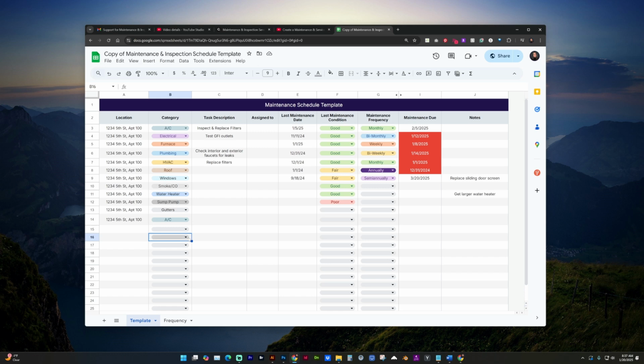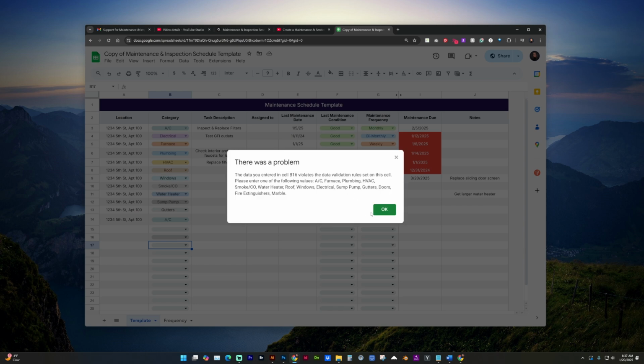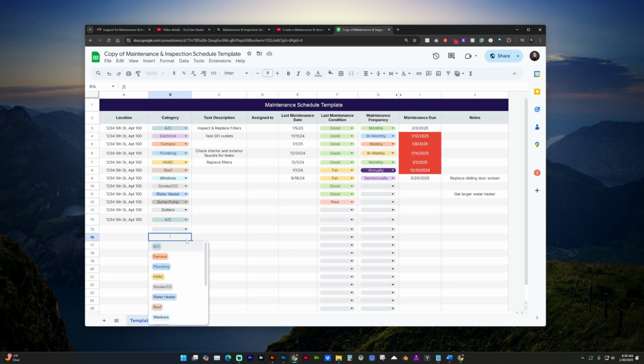I just realized now too what you were experiencing with the data validation issue. You want to make sure that whatever you're typing, let's say tile, has been added to this drop-down list. So to do that,